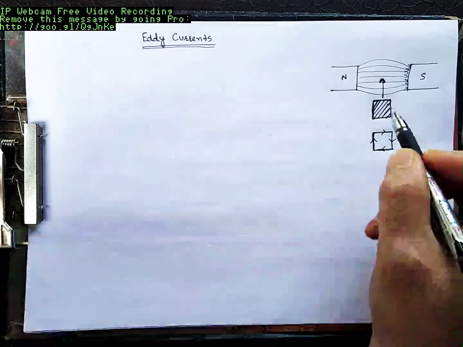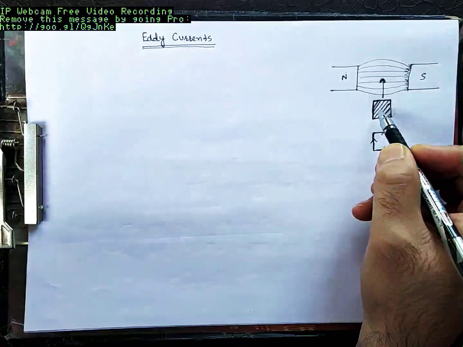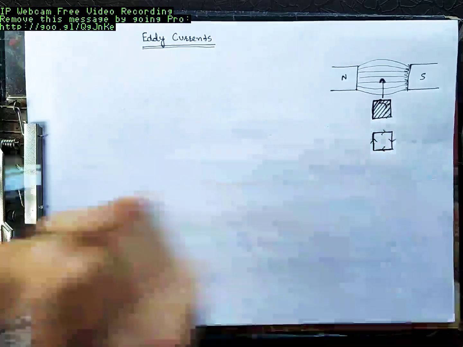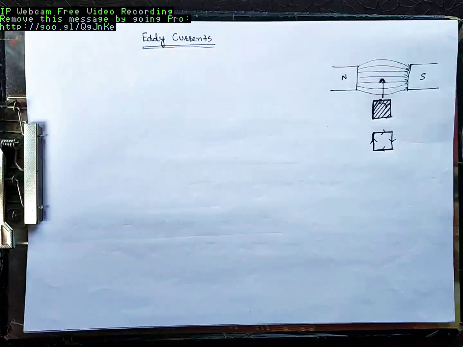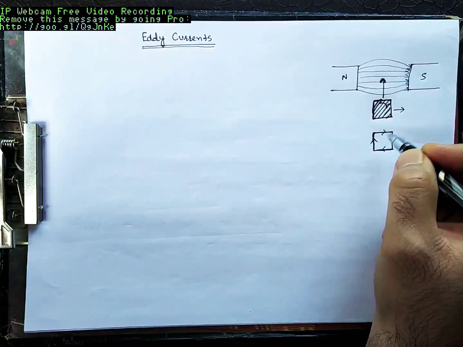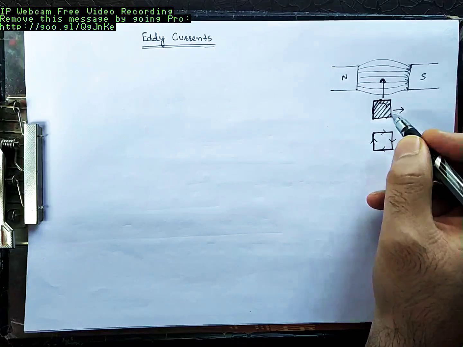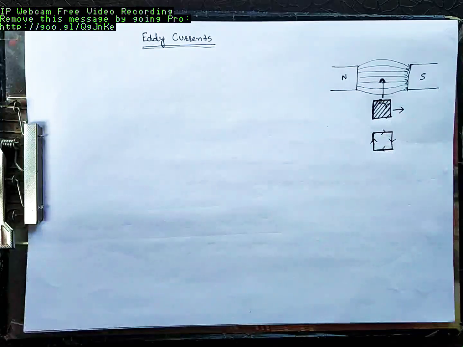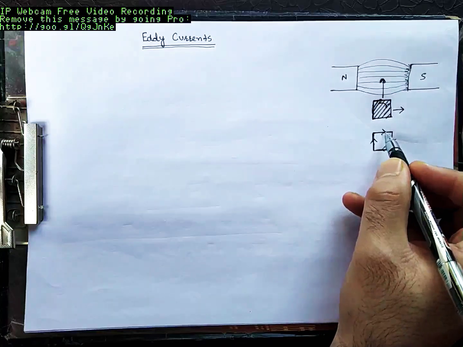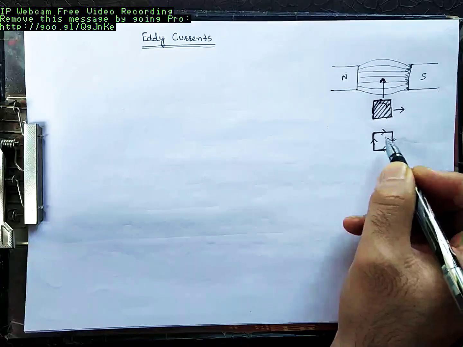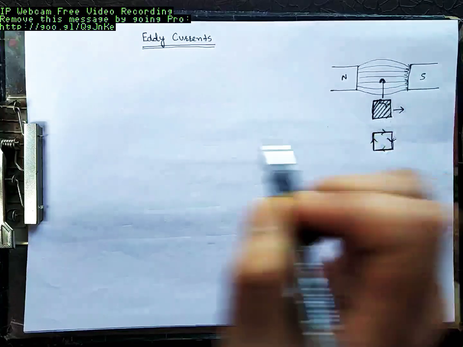But here in this case, you don't have a well-defined path. This whole material is conducting. Will current flow through here, here or here? Where will the current flow? Since this is a solid body, this was a loop only, this is a solid body, here current flows throughout the body of the material. Here current flows only through the boundary of the material. Why? Because the conductor is available only at the boundaries. It's hollow in between. But here conductor is available all throughout the material.